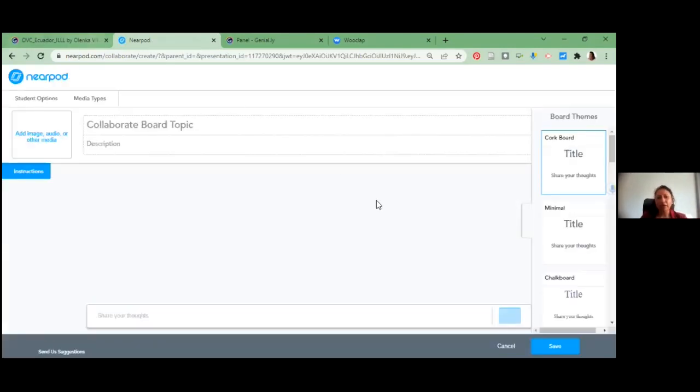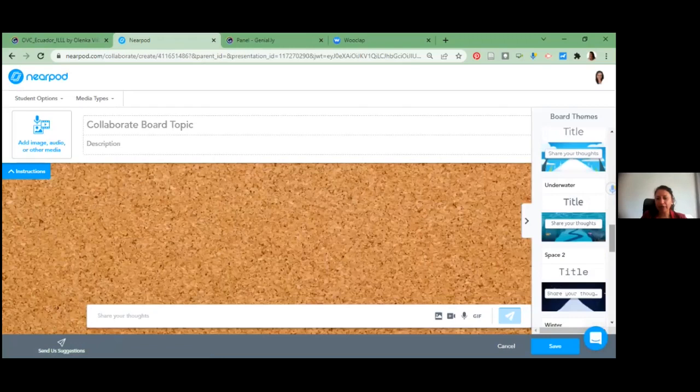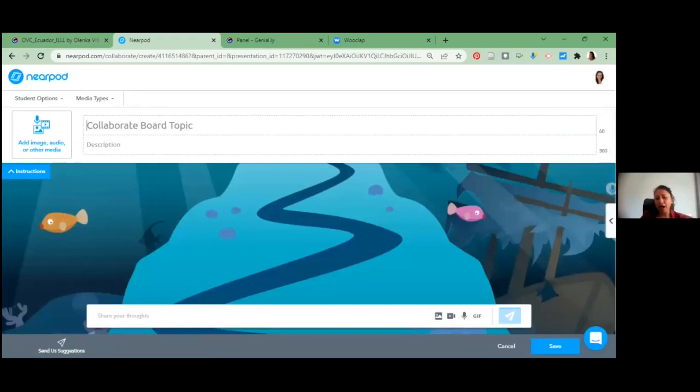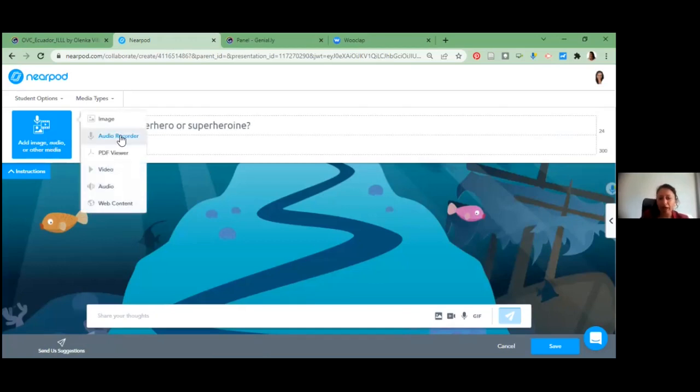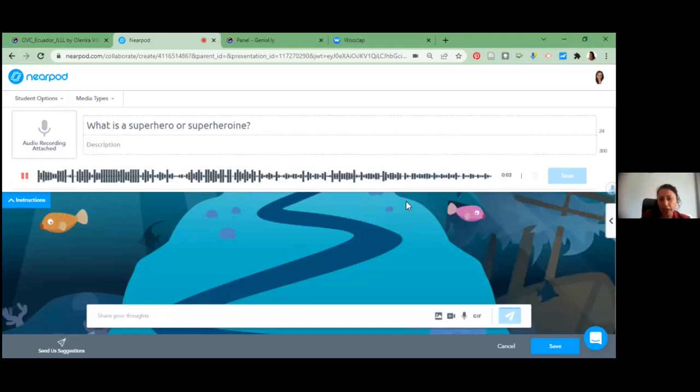And then you have to choose the template that you want. We are going to wait here, and this is the classical one, but I don't like the classical because I don't like the common things. I always put different things. So I put it here, and immediately I go to my Word document and, for example, Ctrl+C, with the same topic, and I put it here. What do you want to add? If you want, you can add image, audio, or other media. I would like to add only audio. So I click here and I put audio recorder. For example, please answer the question. Thank you.